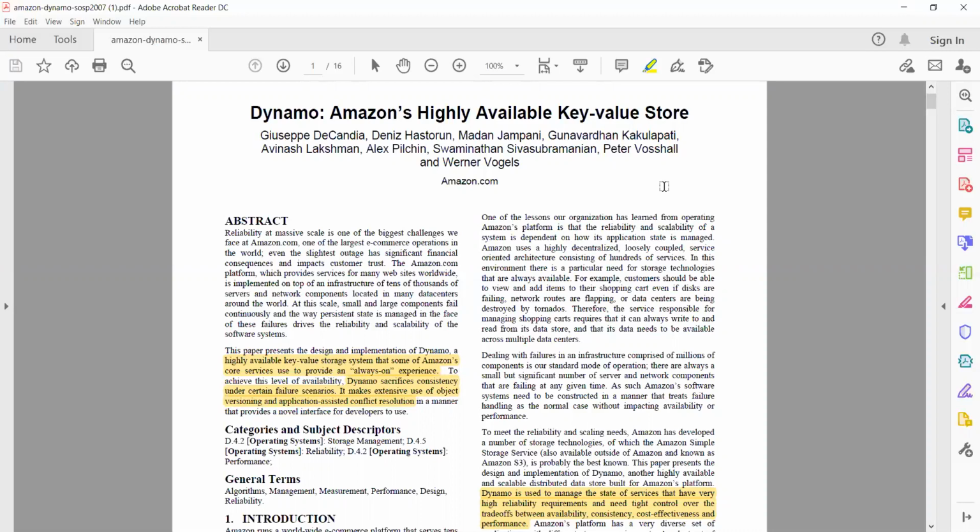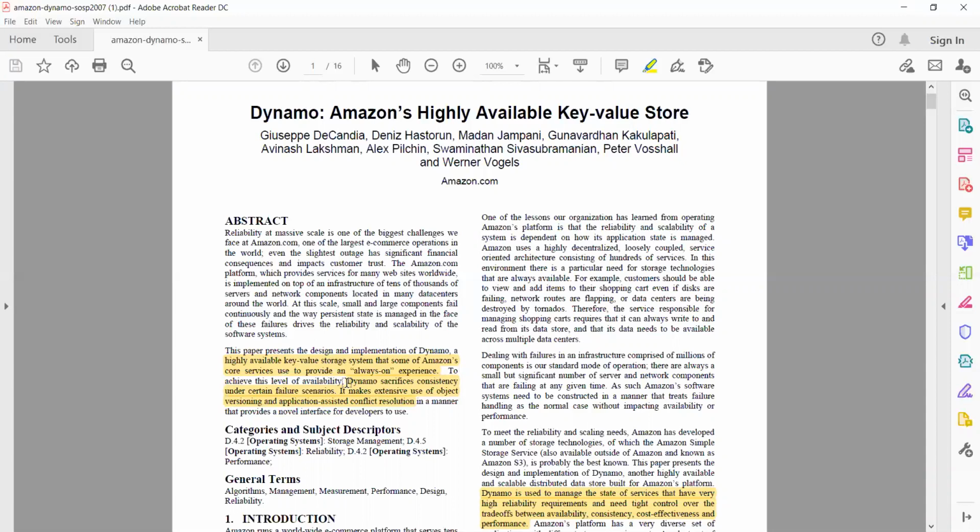But what is Dynamo? Like the title says, it's actually a key value store, a distributed key value store. And it was actually designed with a very specific goal in mind. And that goal was that you want to have highly available writes. You want to support that feature. And when I say that you want to go with highly available writes, there are two key terms there, right? The first is highly available, and the second is